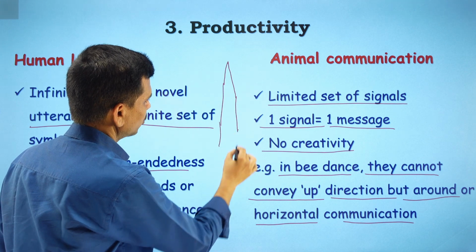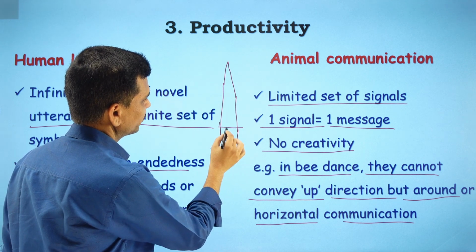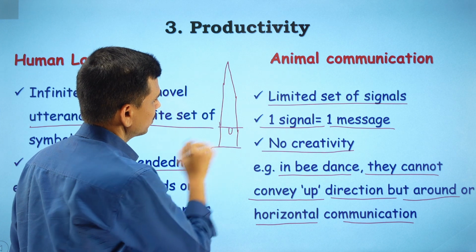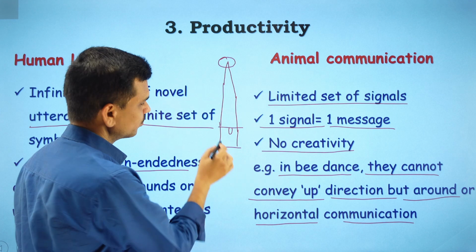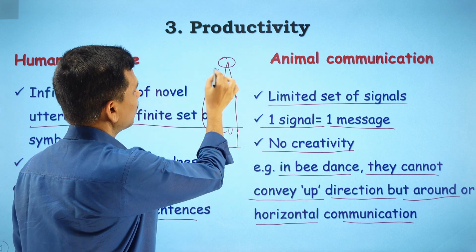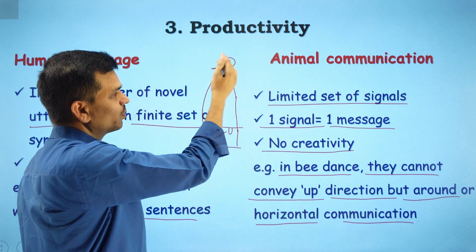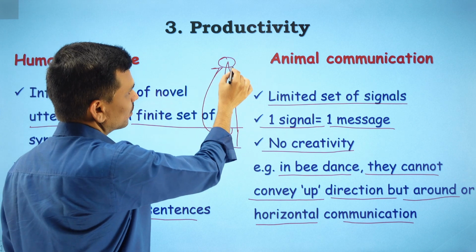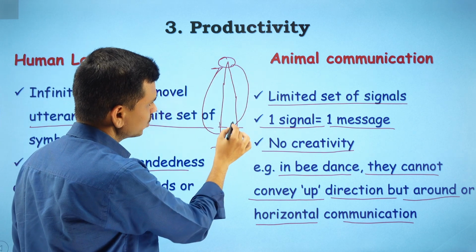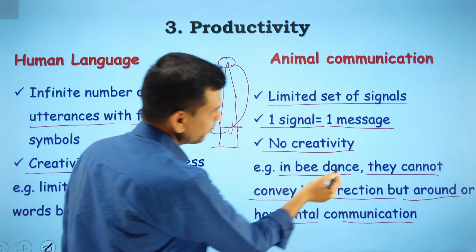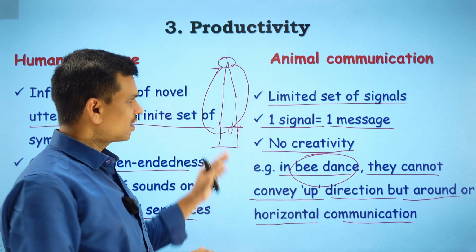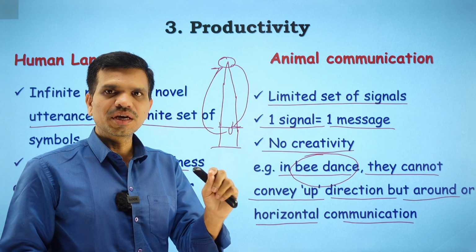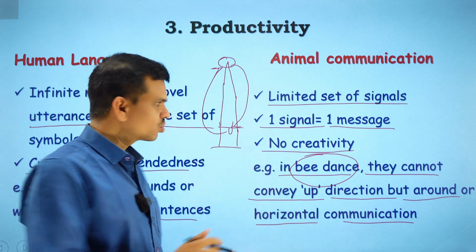This is the tower, and here we find the beehive is placed, and here the honey is placed, and some bees were taken up here and given this honey. These bees came down again to the beehive and did their bee dance, and through this bee dance they conveyed the message that somewhere there is honey, and other bees also